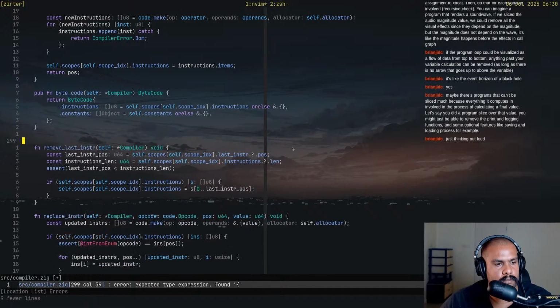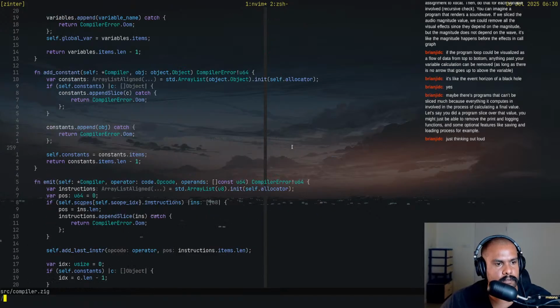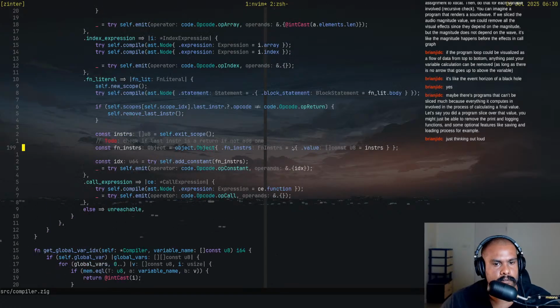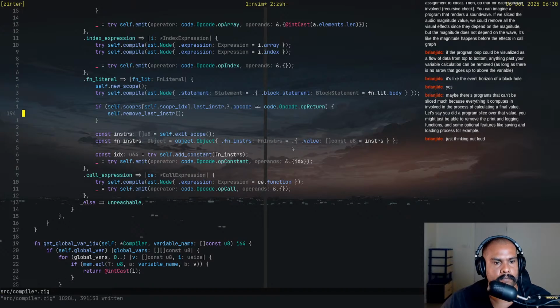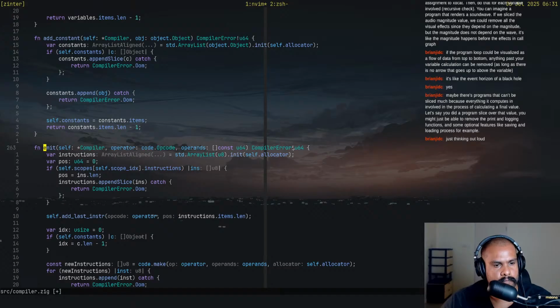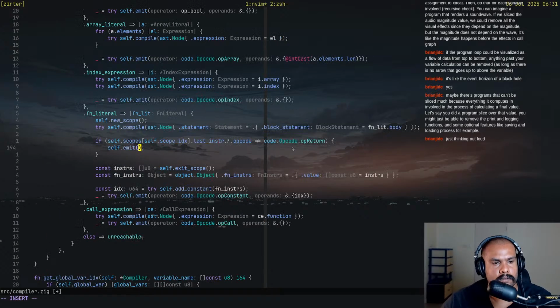Hang on. Just opcode operands. Yeah. Self dot emit opcode dot return, and then takes